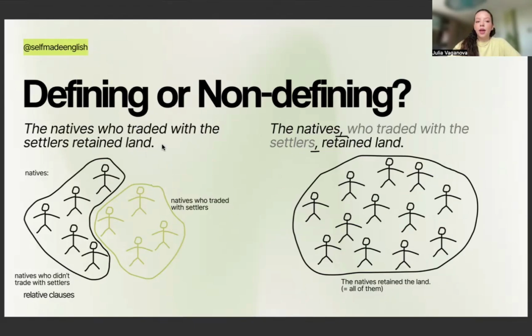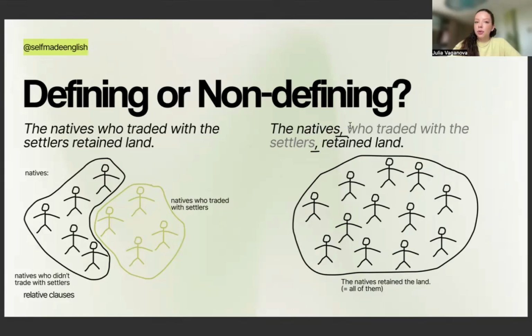The first one, here, who traded with the settlers is some essential information. This is a qualification of the natives, right? So probably there were natives who traded with the settlers. This is their qualification. And probably there were natives who did not trade with the settlers. And probably these guys didn't manage to retain their land. They lost it, right? At the same time, when we put two commas before who and before retained, we mark